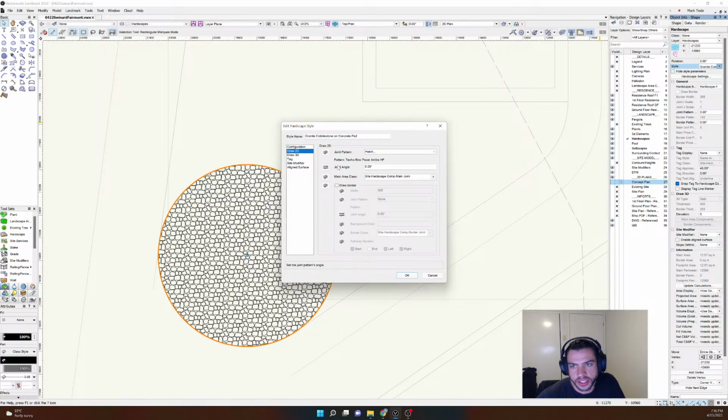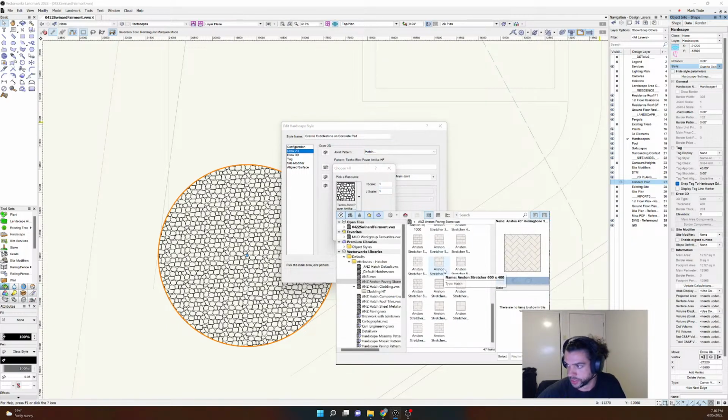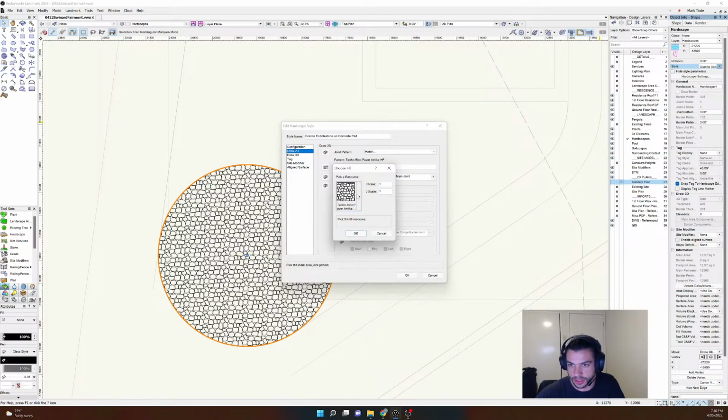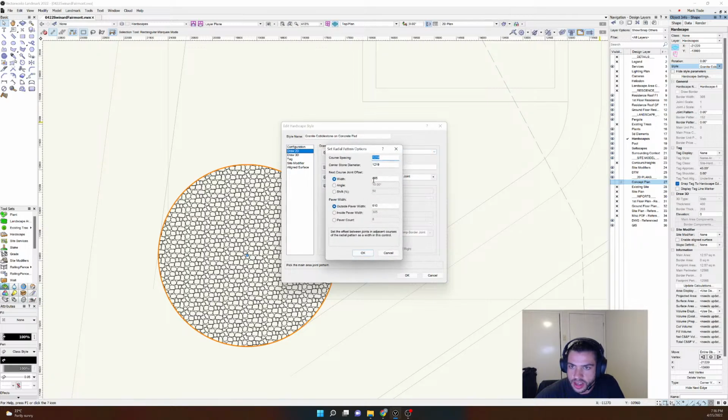Now, I really don't like this hatch. This hatch doesn't look like the cobblestone hatch that I want it to use. Now, I can change this in here. So I can click on hatch and I can choose any hatch that's in the file. So any hatch that you have, you can apply it within that file. But I do know that you can have pavers radial. Now, this might be testing me a little bit here,